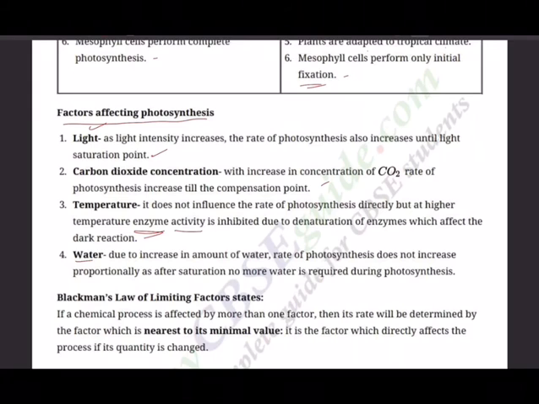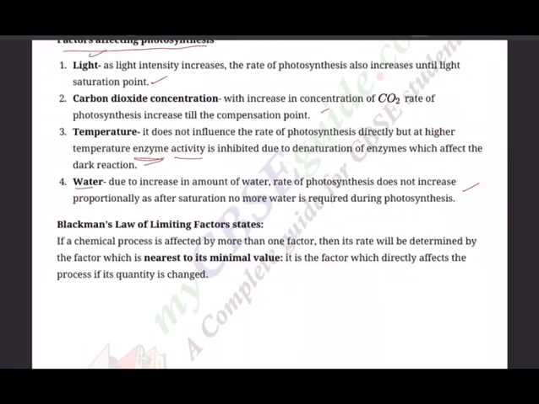Due to increase in amount of water, rate of photosynthesis does not increase proportionally, as after saturation no more water is required during photosynthesis. Only the plants require limited amount of water. There is no need for excess water to be made available to the plants. And there is what is called Blackman's law of limiting factors, which states